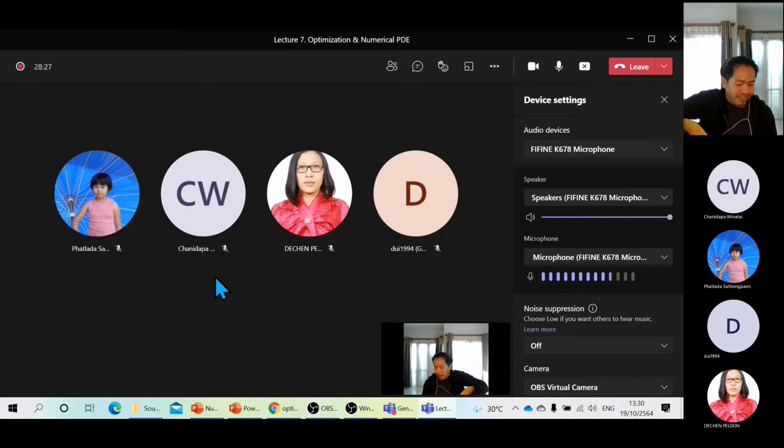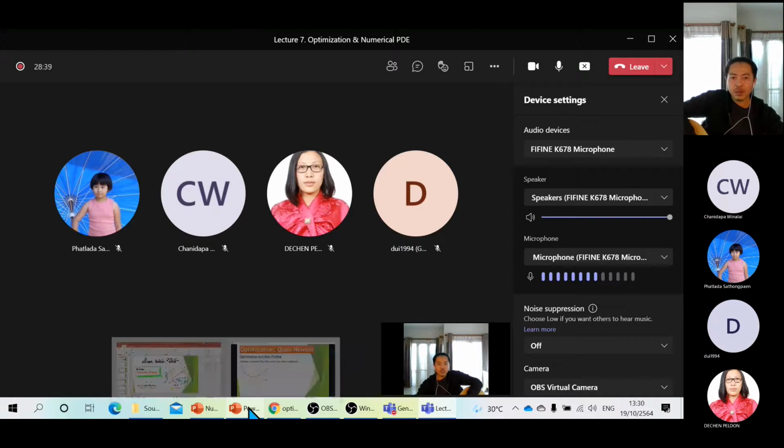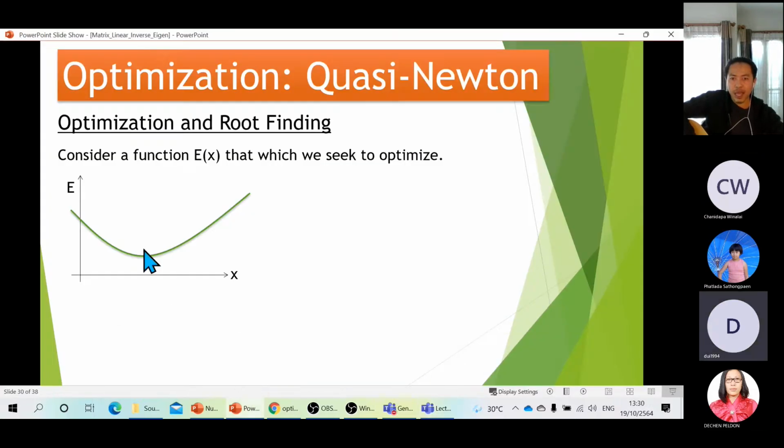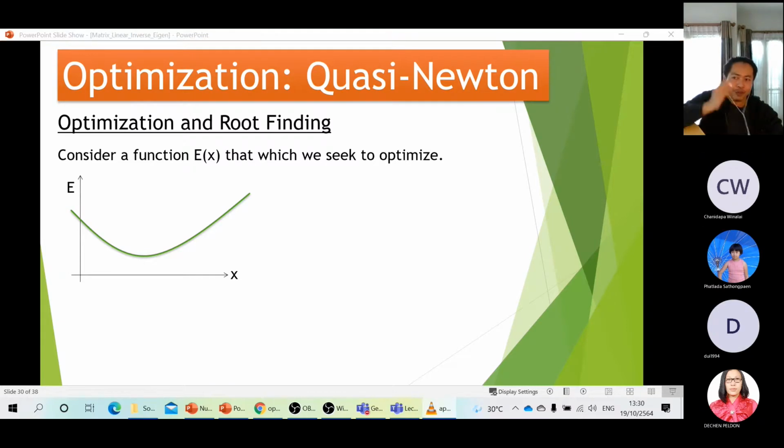What is the mathematical condition which defines the minimum of a function? If you look at this graph here, something is very special about the graph at this minimum point. What is it? The slope is equal to 0. Very good. Very faint answer from, I think, Dewey. Okay, that the slope must be 0 at the minimum point.